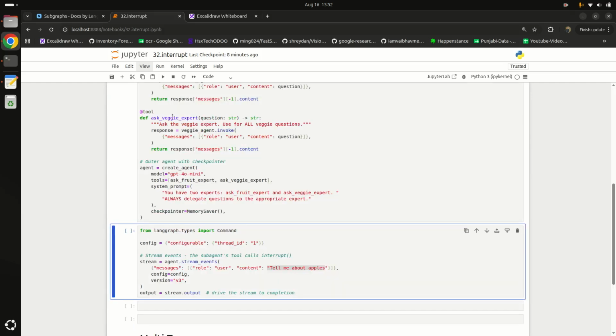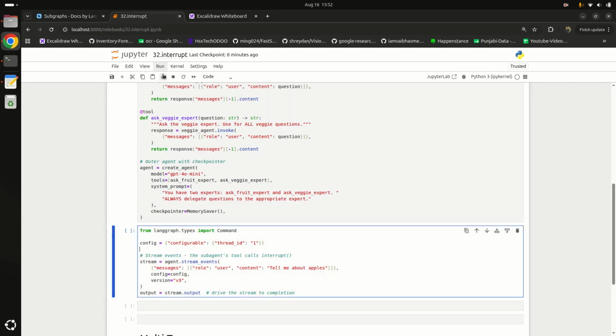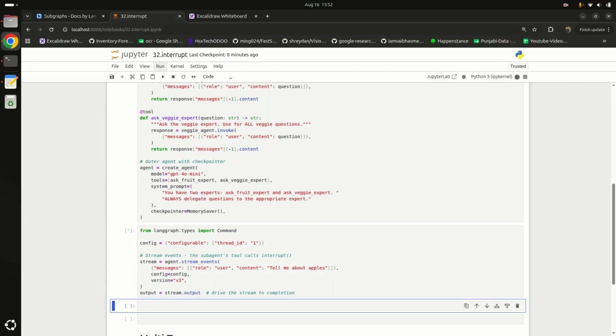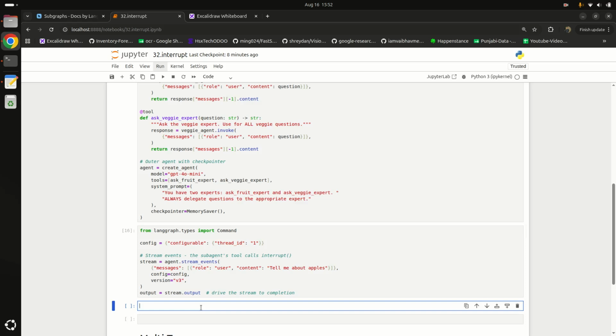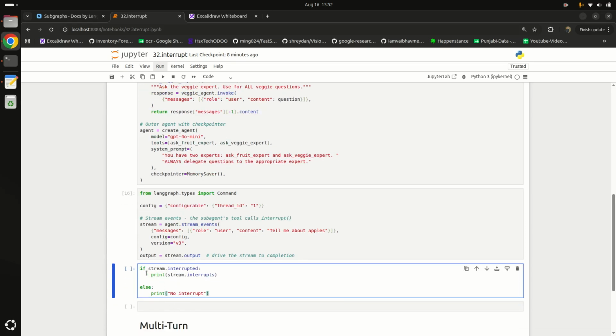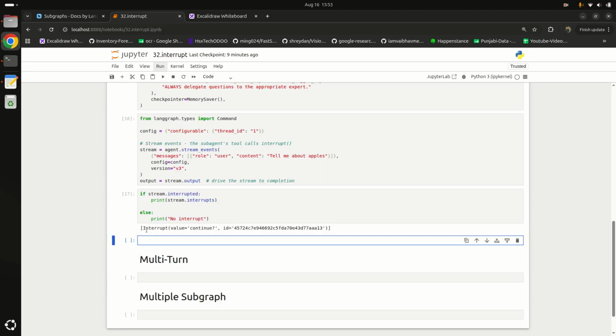Let me run this one and this one also. How do we know that there is an interrupt? To check that, I am saying if stream.interrupted, print stream.interrupts, else print no interrupt. Here it prints the interrupt value "continue", meaning it is asking for user approval.